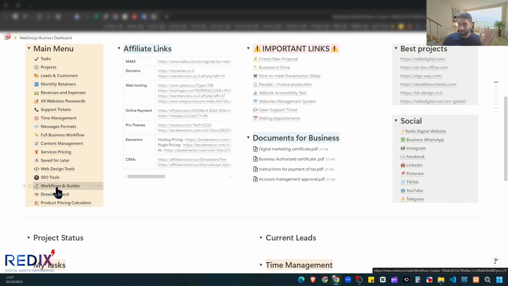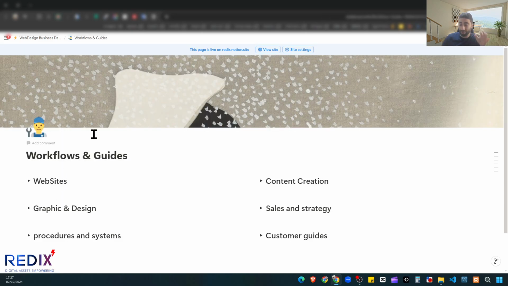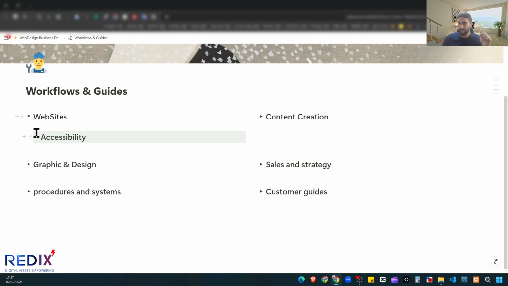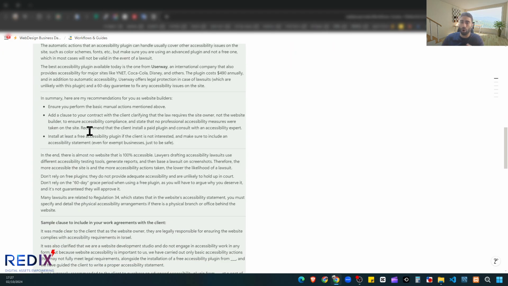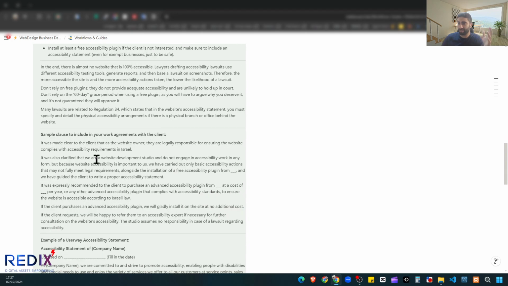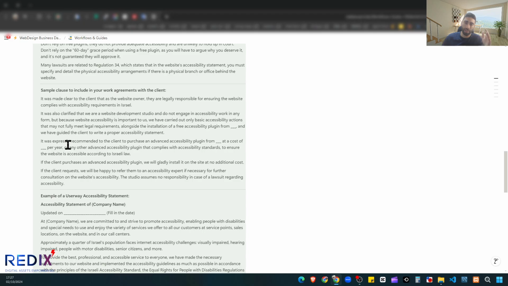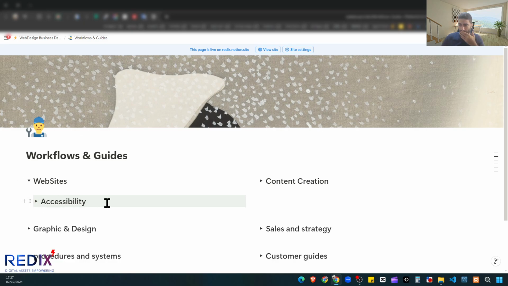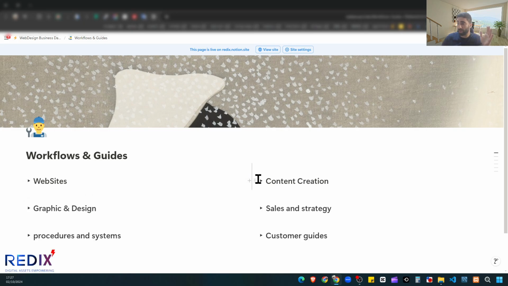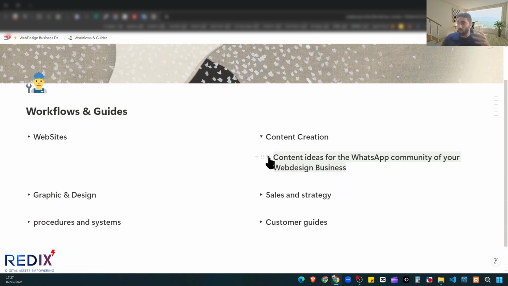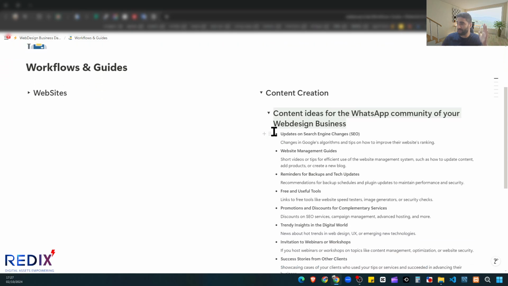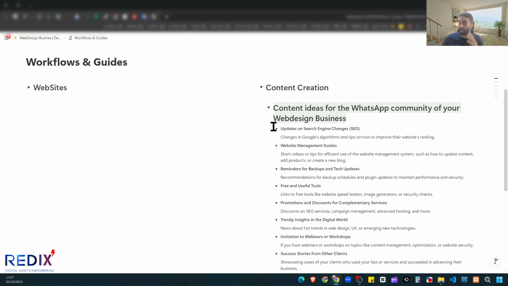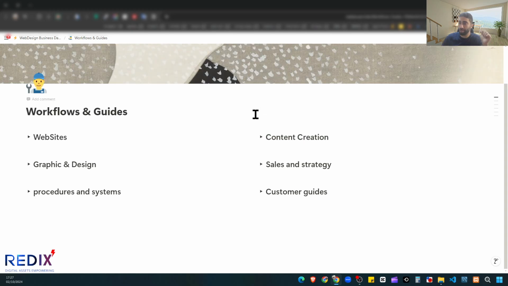Let's see the workflows and guides. I think this one is very very important. You can see that under websites you have accessibility section. In the accessibility you have all the stuff you need to know about the accessibility, and of course there is a statement here you can just copy and take. And of course content creation, if you are using a WhatsApp community, you can manage it, and you have here ideas